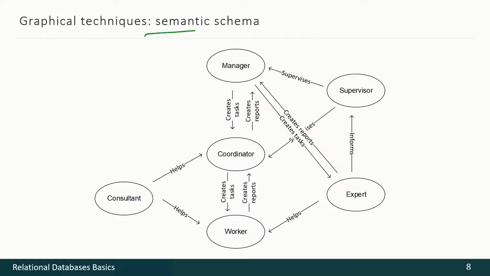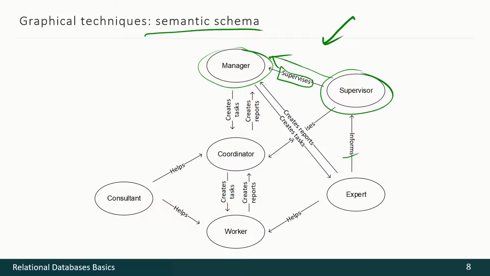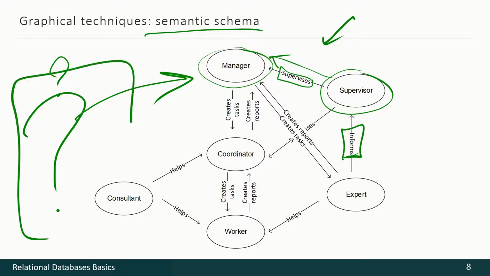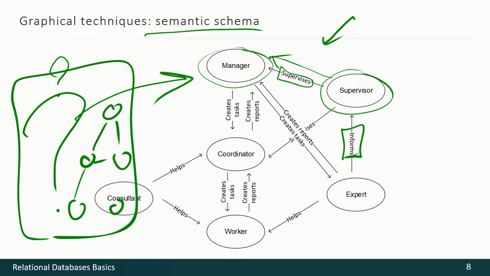This is how a semantic schema may look like. It has some entities, real-world entities, and some relations between those entities with some actions on that relations. It is absolutely necessary to use something like that in order to either describe some unknown subject matter, complex unknown subject matter, or even maybe some easy but huge subject matter with a lot of entities and a lot of interconnections between those entities. So here the semantic schema is the best decision.